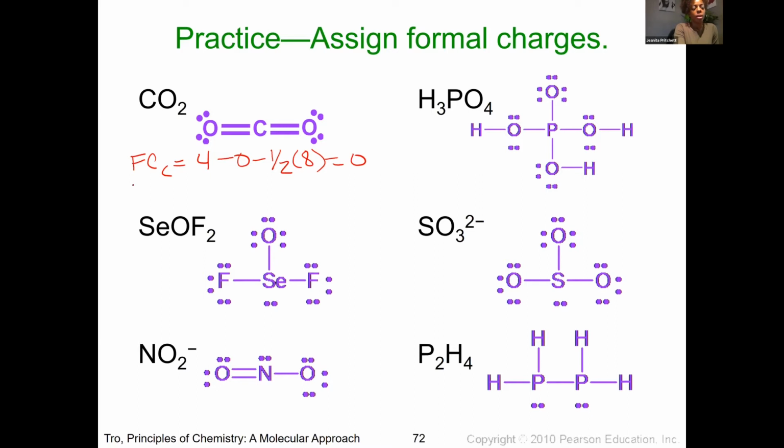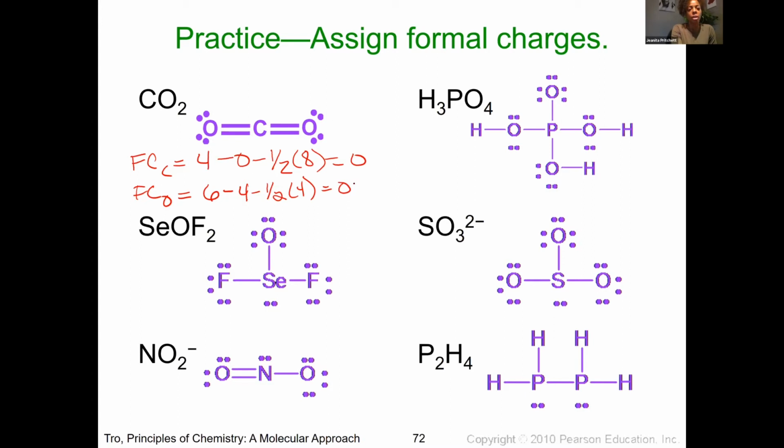Now for the formal charge of oxygen, notice both oxygens have the same setup. They have the same number of bonding electrons and lone electrons connected to them. So we could do this calculation once and then adjust the number at the end. So for oxygen, the valence number is 6 minus 4 minus 1/2 of 4, or 2, which gives us also